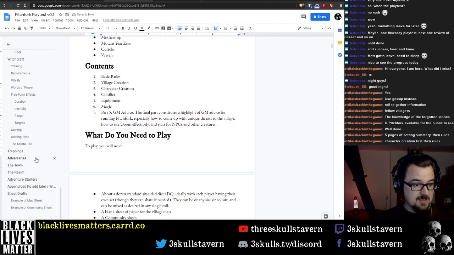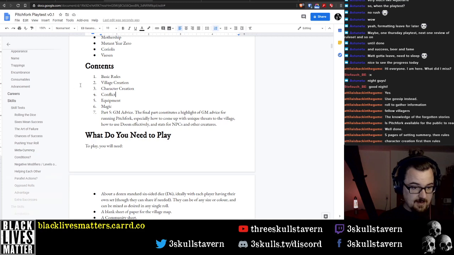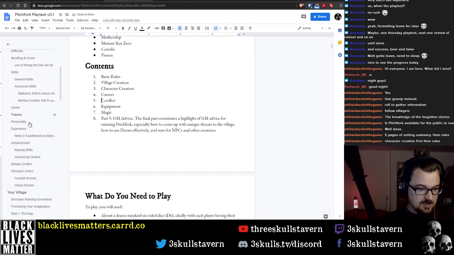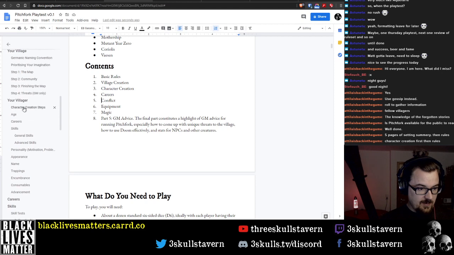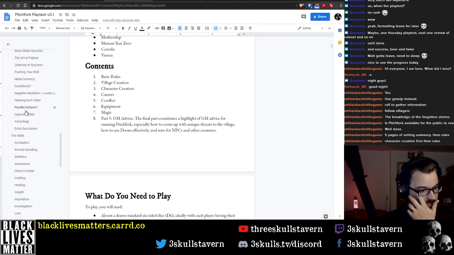What did I put on here for this? I had the skills, which are basically like what I've got in the basic rules. Character creation, but then I'm going to do careers as a separate chapter because there's going to be a lot of information in the careers. I've actually got it there anyway. Your villager, careers, then skills. But I think all the sections under skills I